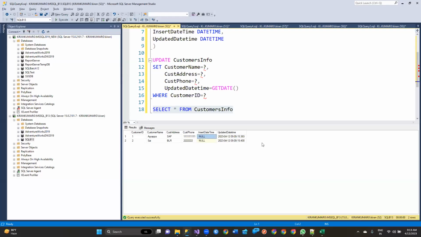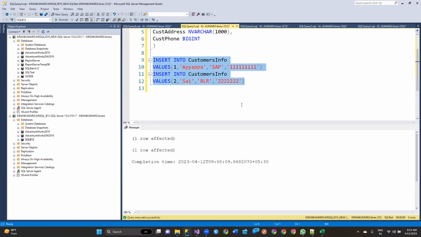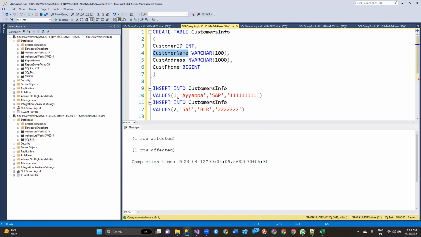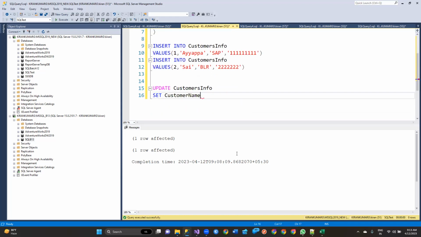For example, now we can update some data in our source system. For example, update customers info set, what is the second column? Customer name equal to Sai Krishna, where customer ID equal to